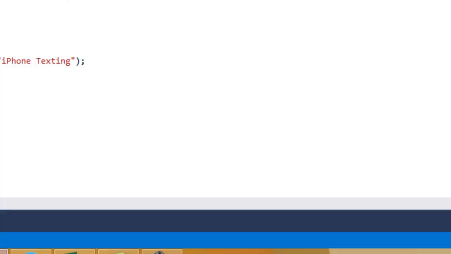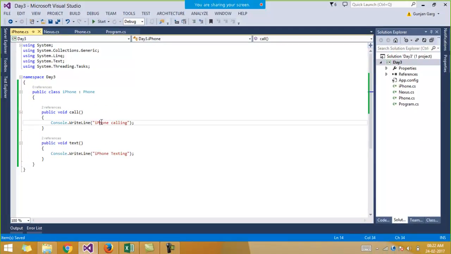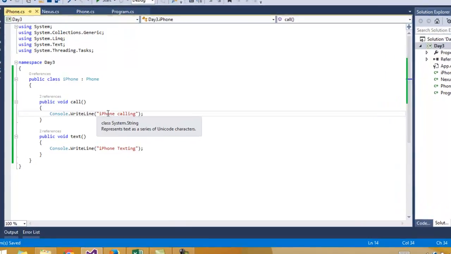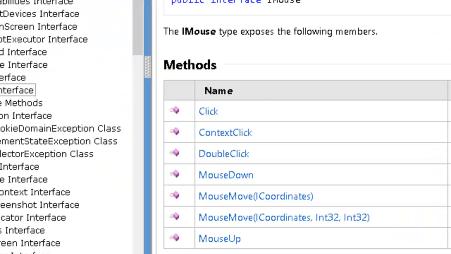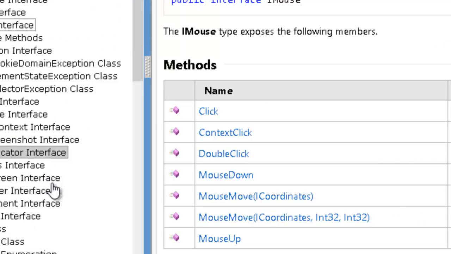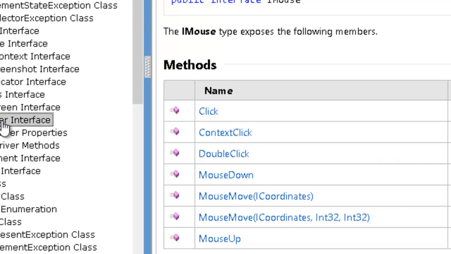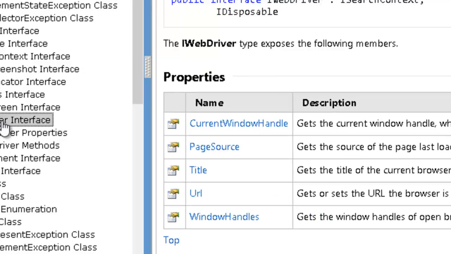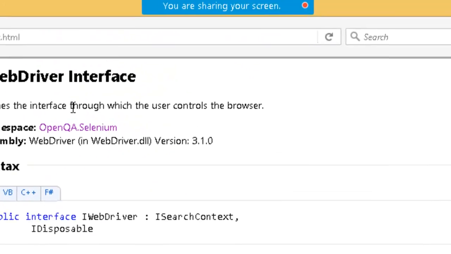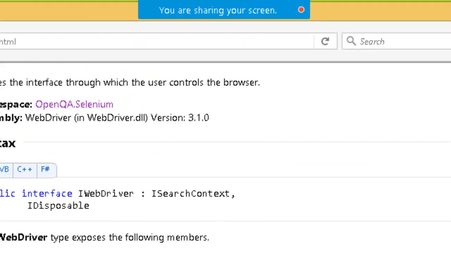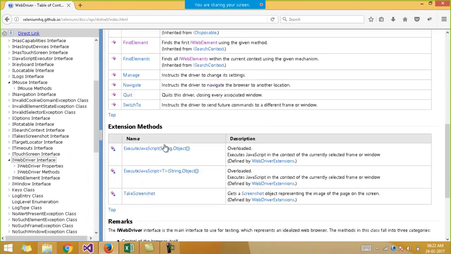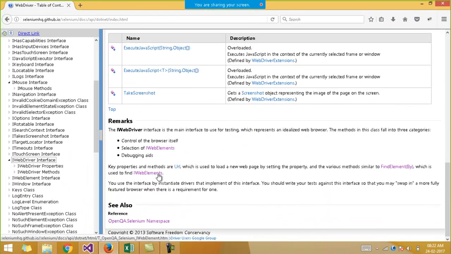The WebDriver is also an interface, and all the driver classes, the Firefox driver, the Chrome driver, the Internet Explorer driver, the Safari driver, all implement the WebDriver interface, right? All the driver classes are implementing this WebDriver interface. All right.